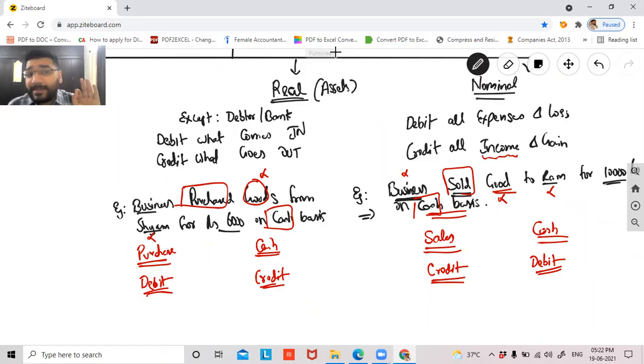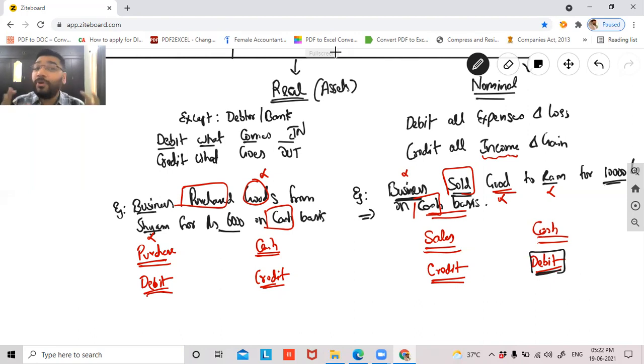Assets. So if it is an asset, and moreover cash is neither debtor nor bank, you look up to real account. You look up to the real category. The rule says that debit what comes in, credit what goes out. Now tell me, guys, if I do sales in the business, is cash coming in or going out? If I do more and more sales, will cash come in or go out? Come in. So debit what comes in. So cash is coming in. That's why we debited cash. Now are you clear why debit cash?